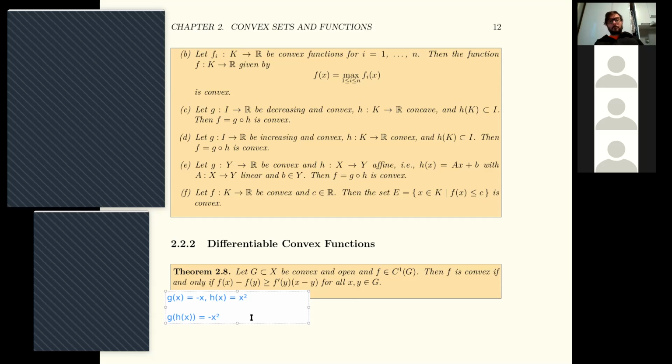So g is an affine function, which we know to be minus x. We know it to be linear, so we know it is convex. We apply that to h of x, which is x squared, which we already proved to be convex. We get the negative of x squared. And this is a concave function. Its graph looks like this, right? I get the inverted parabola. That's an example of C. An example of D,